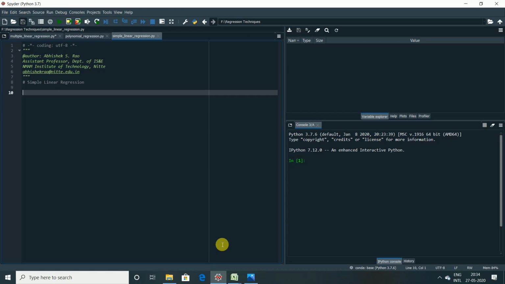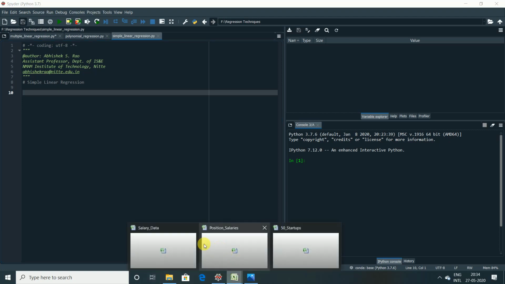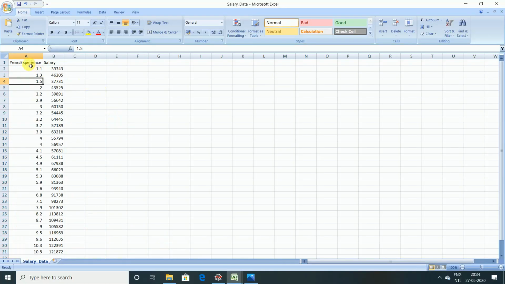Okay, first of all, let me show you the data set which I am going to use in my study so that you can have an analysis on that. As you can see, there are only two variables, one being the independent, another being the dependent variable. The independent is years of experience, where there are many experience values tracked here, and based on the years of experience we also observed a few salaries with respect to that. So the main goal is to predict the salary based on the number of years of experience, right?